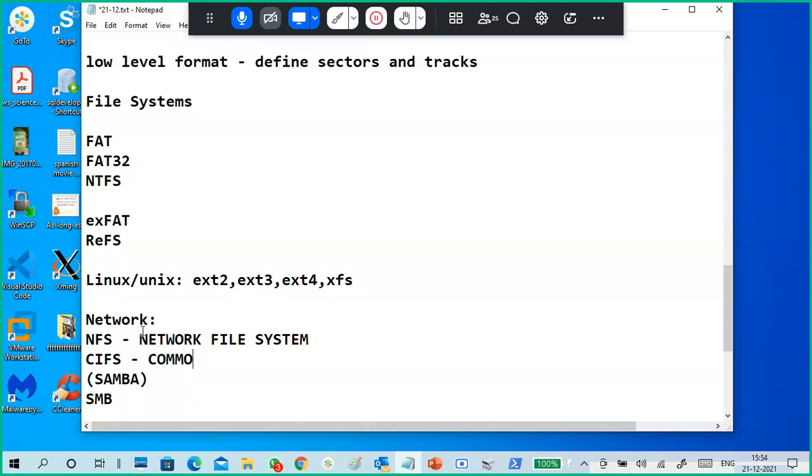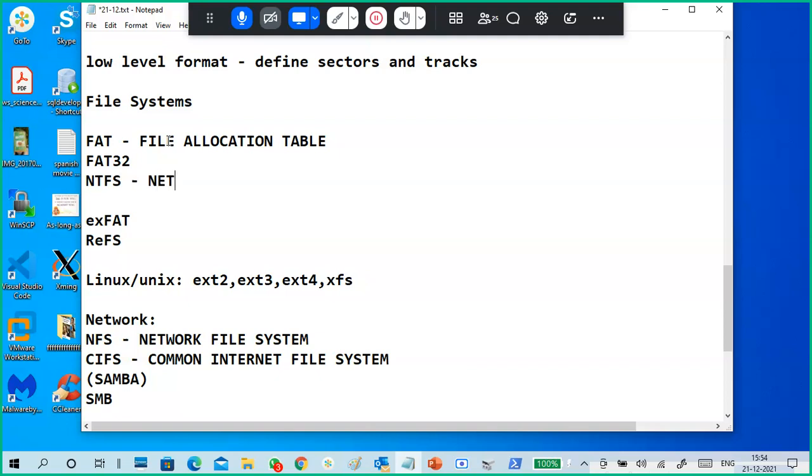Common internet file system. Okay, like this. So, what is a FAT? File allocation table.